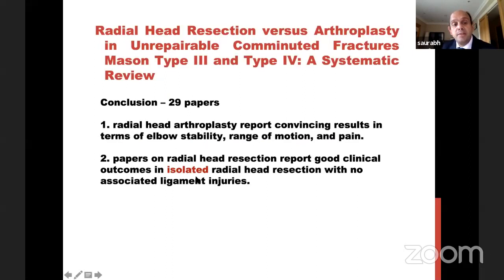Again, all this paper tells you is radial head. So in a Mason 3 and a 4, if you think your fixation is not solid, it's better to do a radial head resection. Now, again, I beg your pardon, in an isolated Mason 3, not 4, Mason 3, isolated, you can get away with resection. Of course, you still have to rule out interosseous membrane injury, those Essex Lopresti type. But in a fracture dislocation to elbow, you should never resect radial head. You have to replace it. Isolated radial head, if you can't, you can get away with resection.